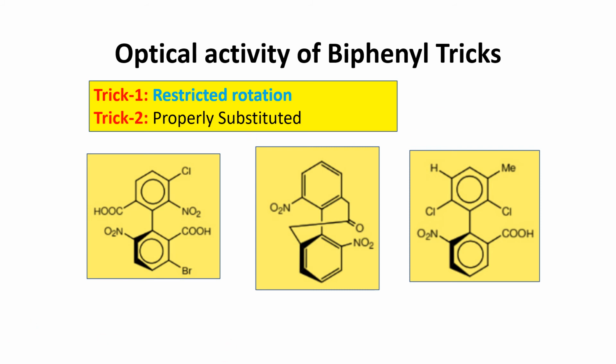Okay, the first one, in this compound all the 4 positions are substituted and the rings are perpendicular to each other. So this is non-planar. Okay, if it is in a plane, then it is optically inactive. Substituents are there, so restricted rotation will be there. This is optically active. Here also substituents are there and it is tetra-substituted, more stable, and this is also optically active. Here also the same, this is also optically active.